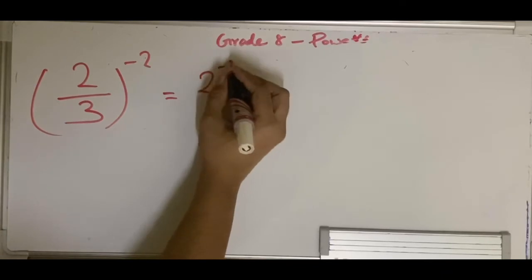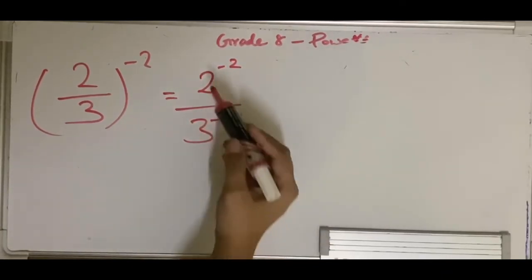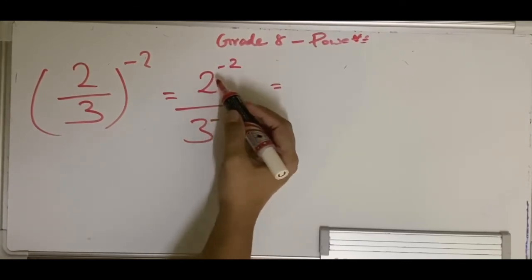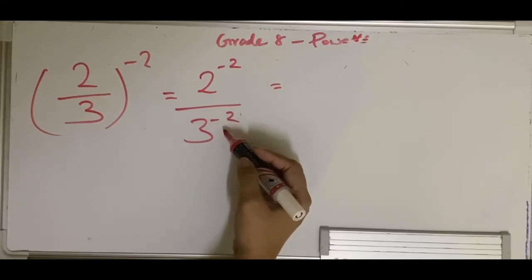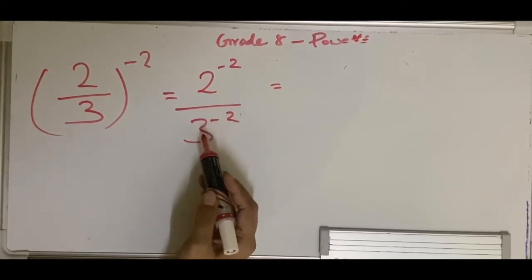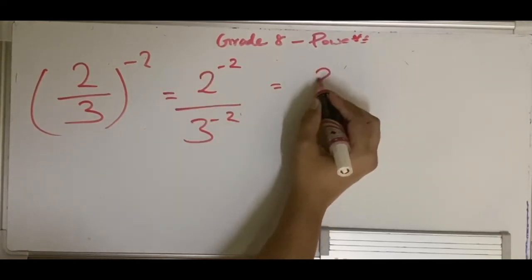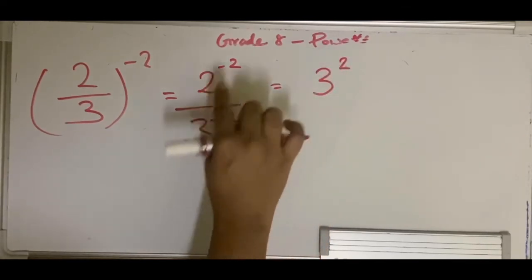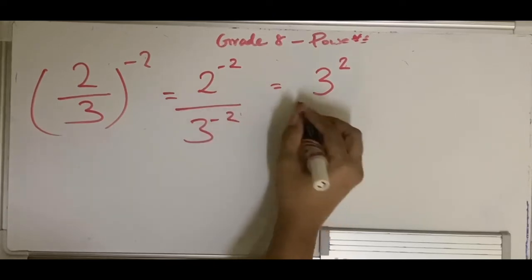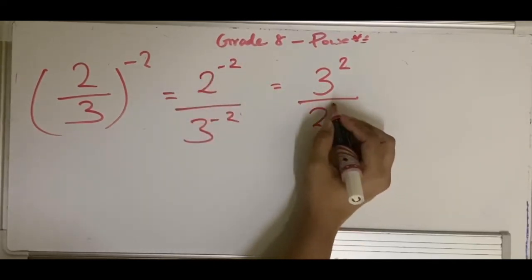So we can rewrite this as 2 raised to minus 2, 3 raised to minus 2, and you know that in order to get rid of the negative exponent, you have to take the reciprocal, hence 2 should go in the denominator and to get rid of this negative exponent, we have to take the reciprocal of 3. So 3 should go to the numerator. So basically this will become 3 square because 3 is going to the numerator in order to get rid of the negative exponent. Similarly 2 will go to the denominator in order to get rid of the negative sign